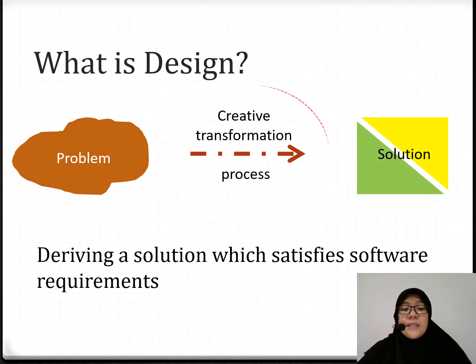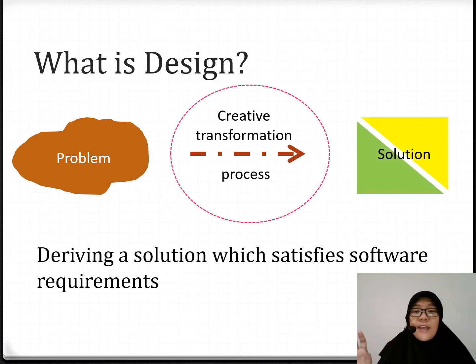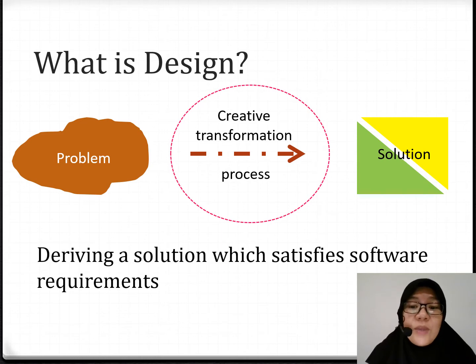Okay, so what is design? So design is taking a problem and creatively transforming it into a solution. So kena kreatif. Tapi, if you want to be creative, kena bertempat lah. So you have to follow some design principles. So tak boleh just main hentam aja kan. So,